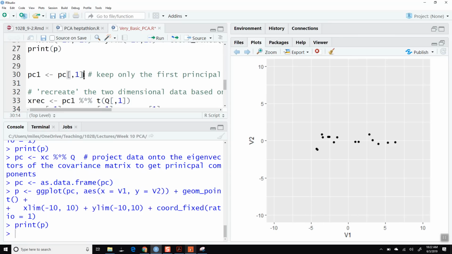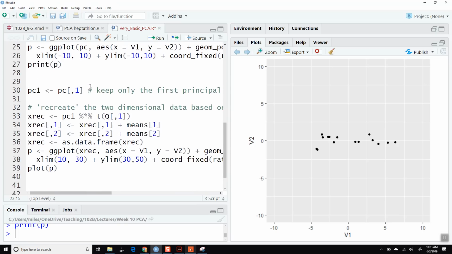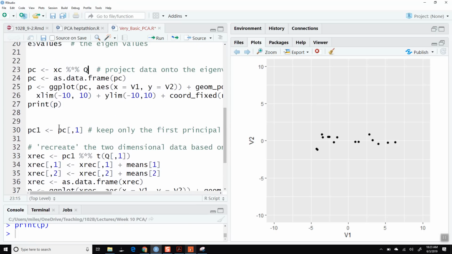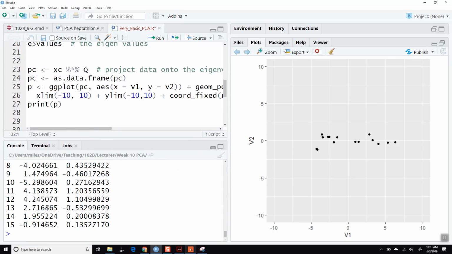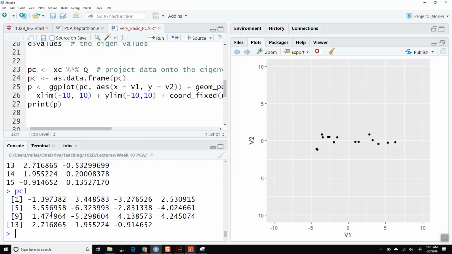okay? And so all I'm going to do is just keep the first column after I've projected the data, okay? The way I've projected the data is I've taken our original data, our data after I've centered it, and multiplied it by our projection, the eigenvectors, which I've called Q here, okay? And so that gives me PC, the principal components. And now I'm going to just keep the first column, and so if this is both principal components, this maintains the entire variance that exists in our data, and all I'm doing now is just keeping the first column, okay? And so if I plot this,